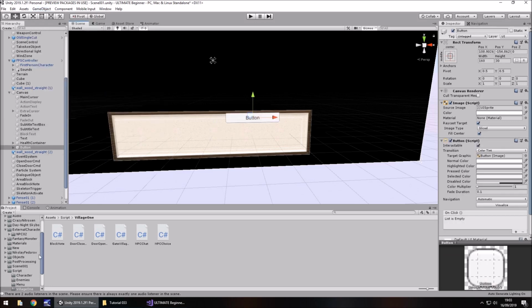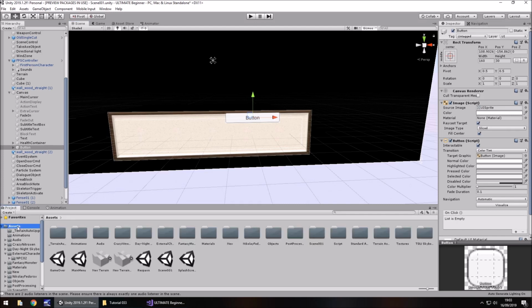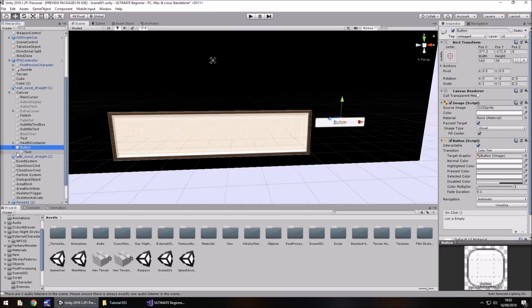Now, have we dealt with buttons before? I don't think we have, have we? Or have we? Yes, we have, because we did the main menu, didn't we? Of course we did. So the button, we're going to have, say, yes or no. So the first one, let's change that to say text